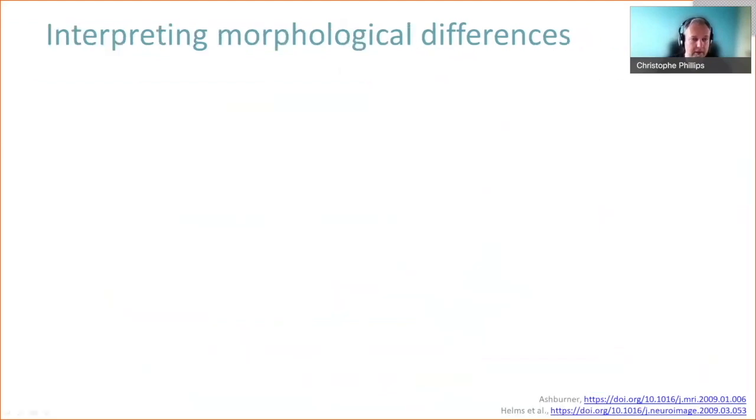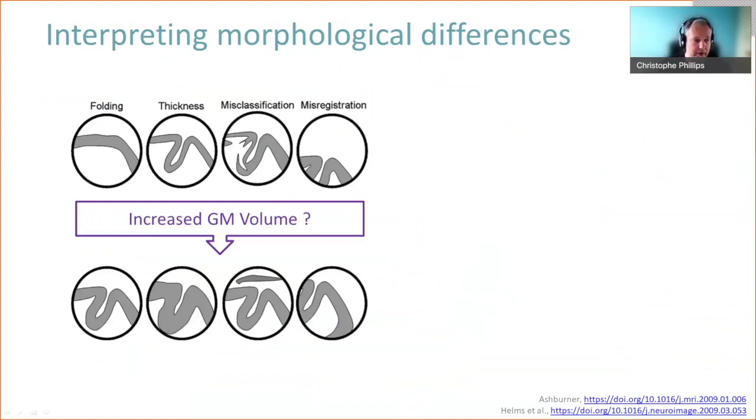That said, the interpretation of those morphological differences is not always easy, and these differences, increased gray matter volume, can be due to morphological differences, like different foldings or increased cortical thickness, but they could also be induced by some problems during the processing at the level of the segmentation or in terms of alignment of the images. Moreover,